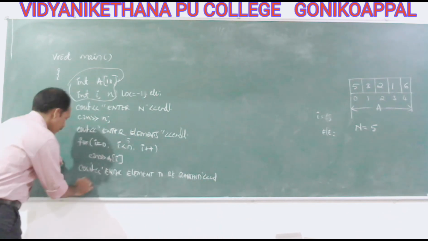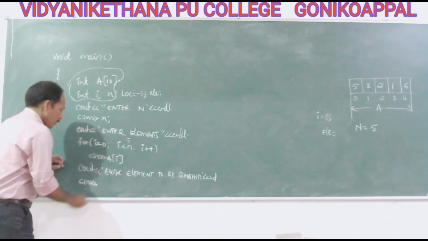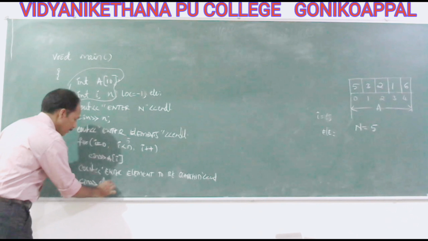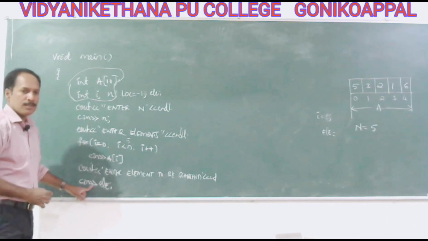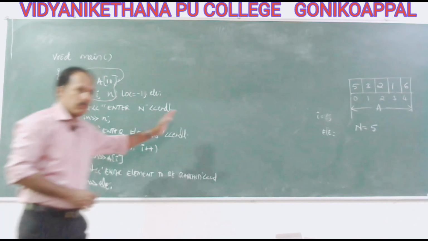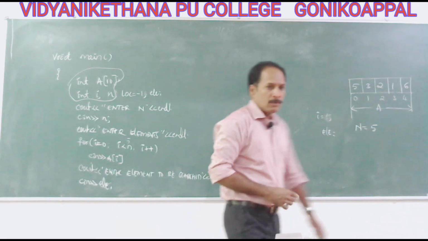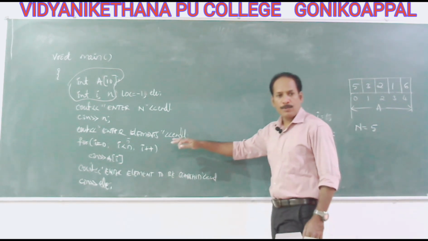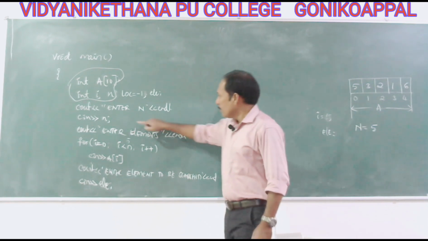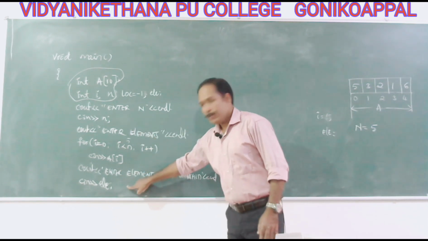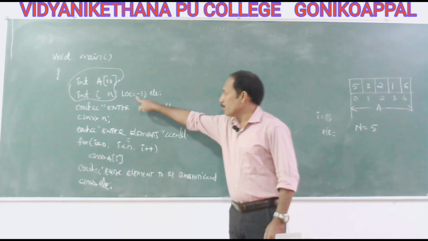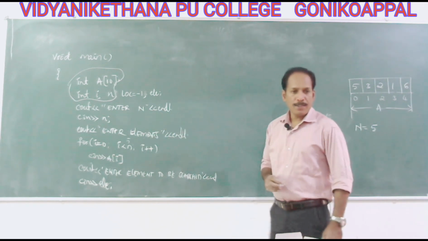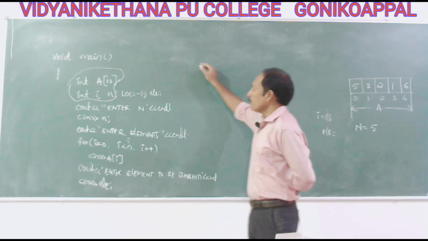So now we write cin, what is the element you are searching? Let me take ELE. Element to be searched is ELE. Then we'll go for the processing method now. So till here it is the input. So we have got all the inputs which are required. You can see here, array we have, element to be searched is there, and then we assume location is equal to -1.